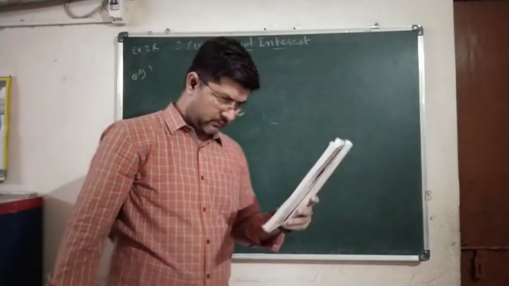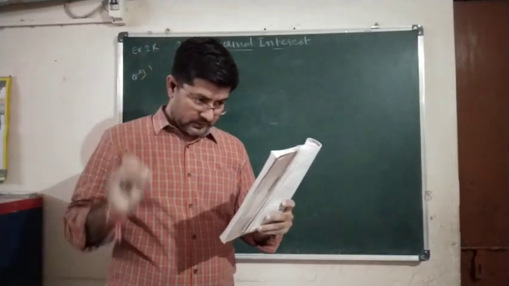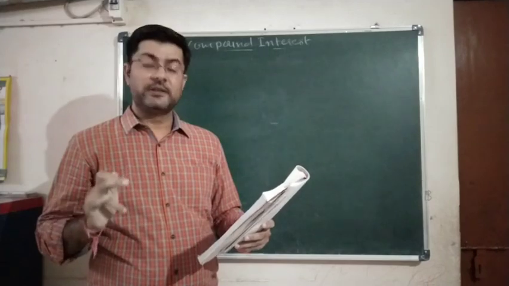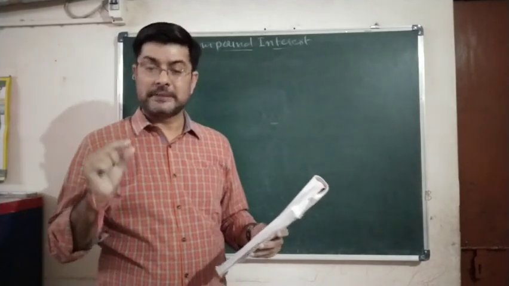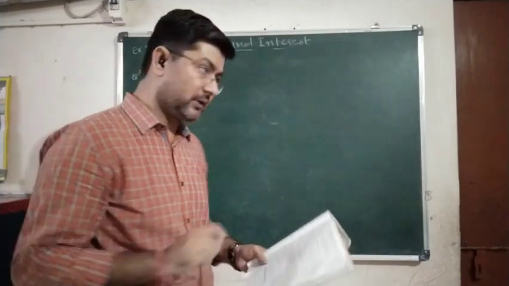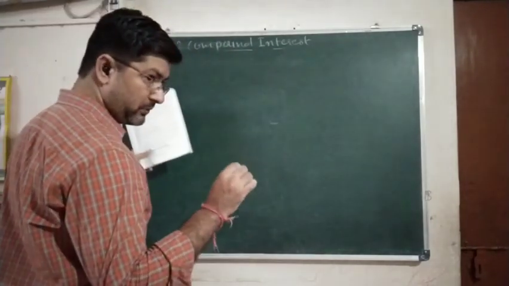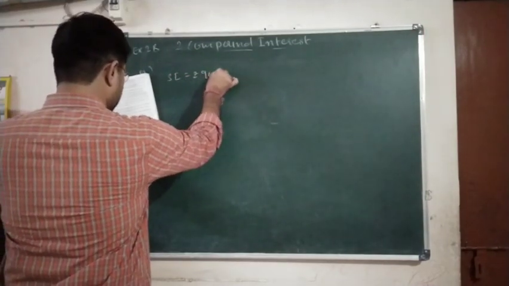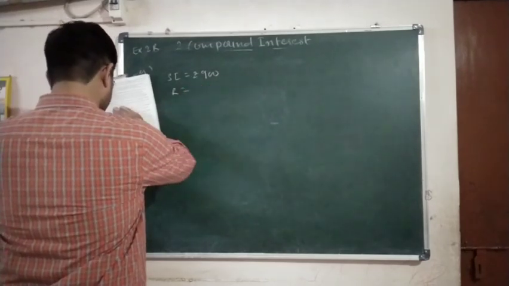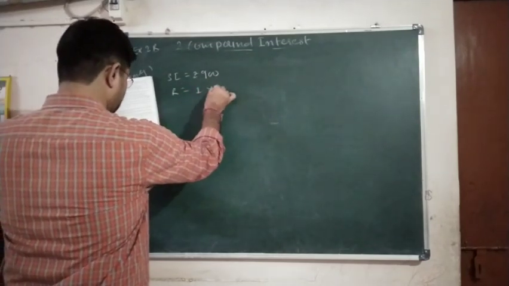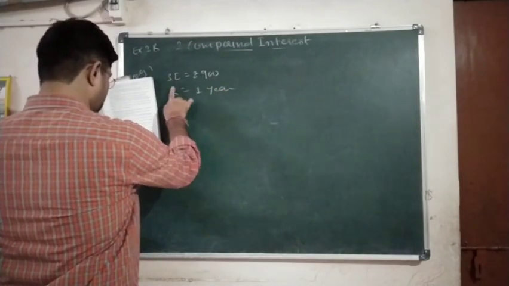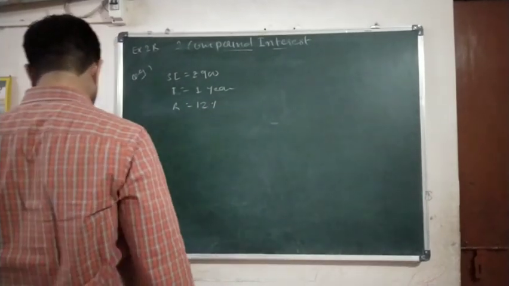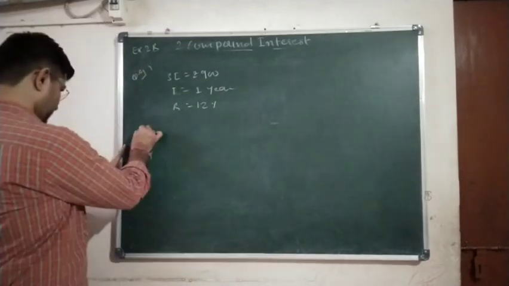find the interest on a sum of money at 12% per annum for, okay, simple interest on a sum of money at 12% per annum for 1 year is rupees 900. On a certain sum, the simple interest is rupees 900. You are not given the sum and we have to find the sum. What do we mean by sum? That is principal. Okay, SI is given to be rupees 900. Time is given to be 1 year and rate is given to be 12%. We have to calculate number one, the sum of the money, that is principal.